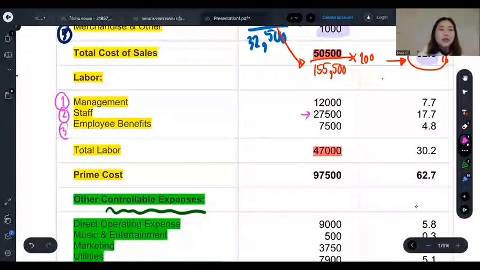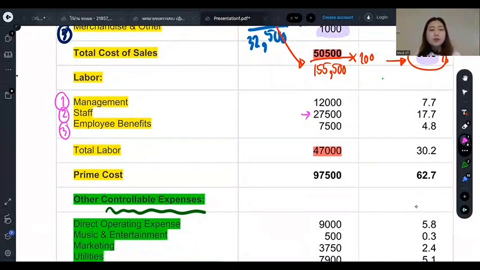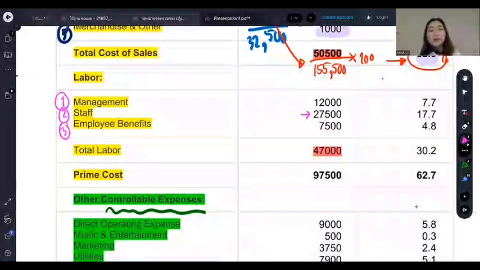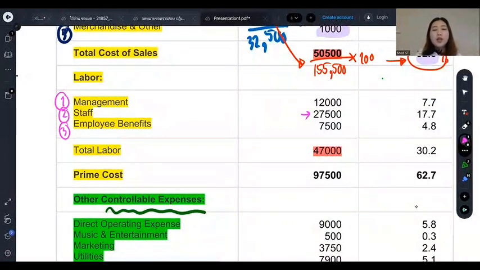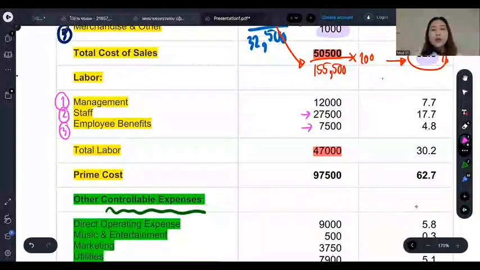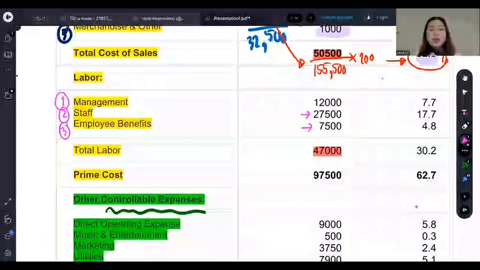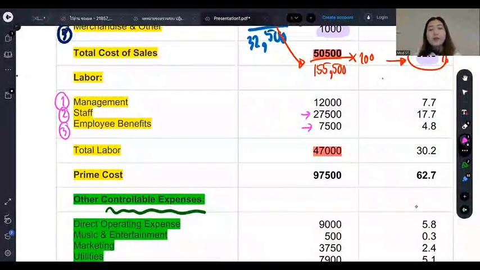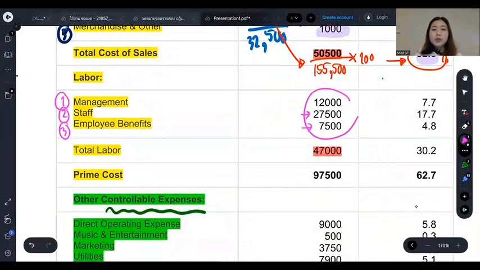And then the last one is employee benefits, including meals, insurance, and public transportation for the employee. We have the cost of employee benefits as 7,500. When we total it, we will get the total labor cost at